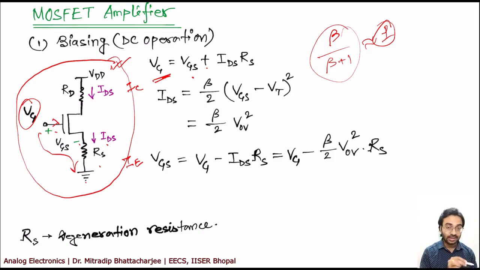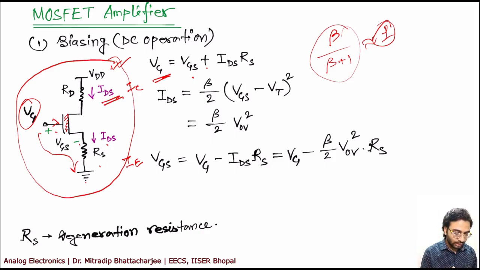But in the case of MOSFET, you don't have any current in this because you have a large oxide sitting here. So you won't get any current from this side. So your IDS is flowing through RD as well as RS. In this case, you can use the same current for both. So life is a little bit simpler, right?